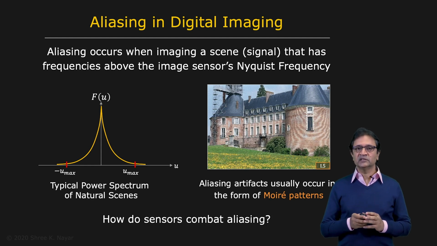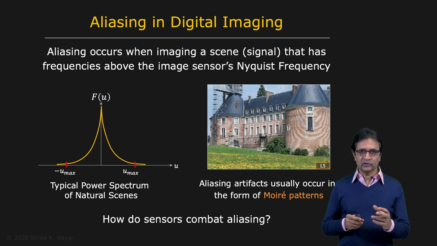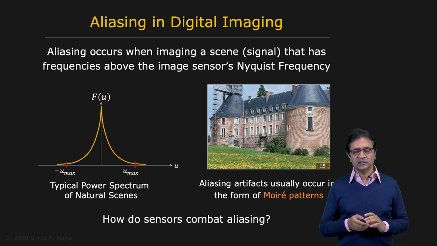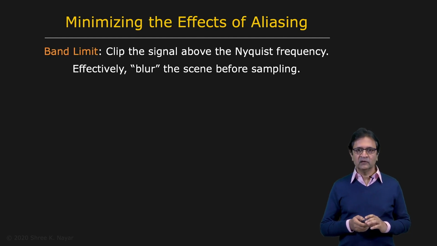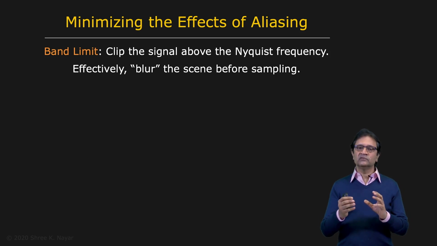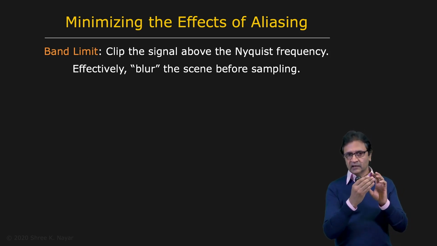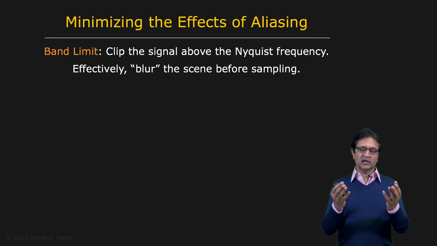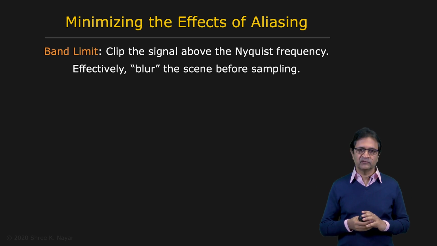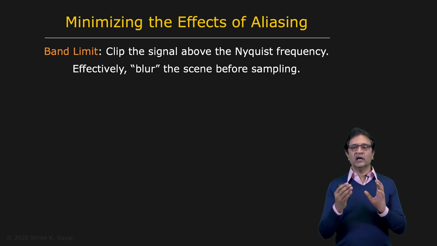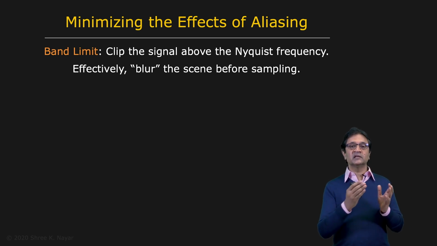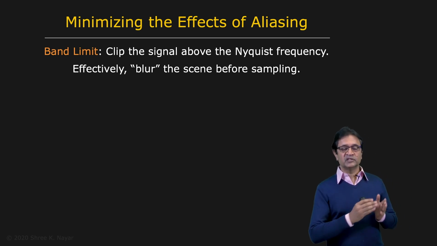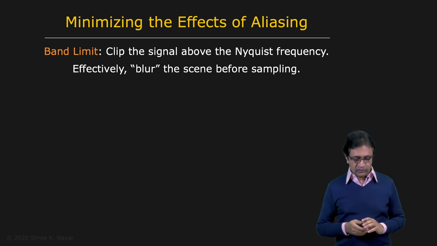So now an interesting question is, can you design your camera in such a way that you always avoid aliasing? Turns out that you can. Well, we, of course, have no control over the frequencies that arrive at the lens of the camera itself, because that depends on the scene that you're looking at. And the scene could have a variety of different frequencies, perhaps very high frequencies. However, we have some control over the frequencies that arrive on the image plane, the image sensor itself. And so that's what we're going to look at now.